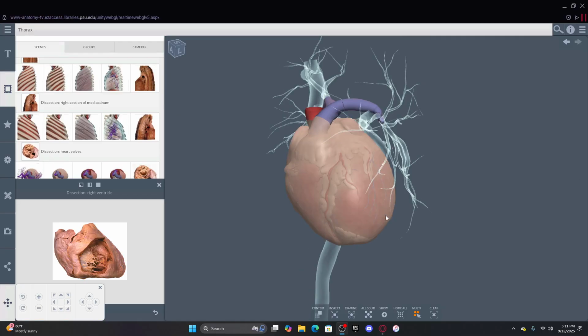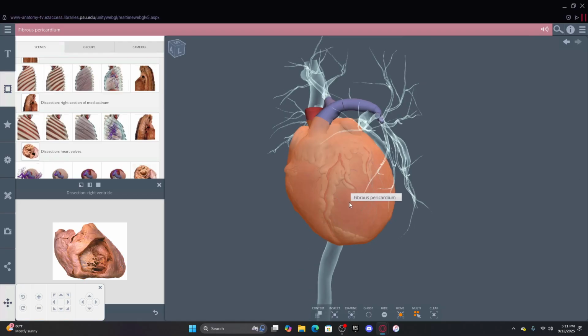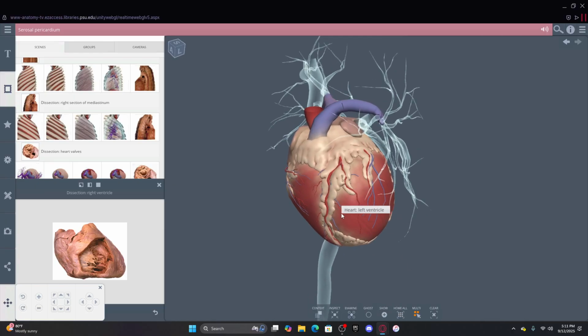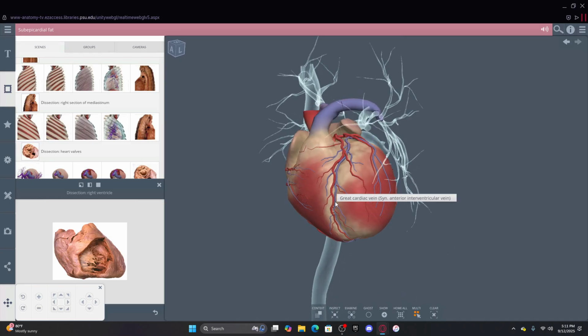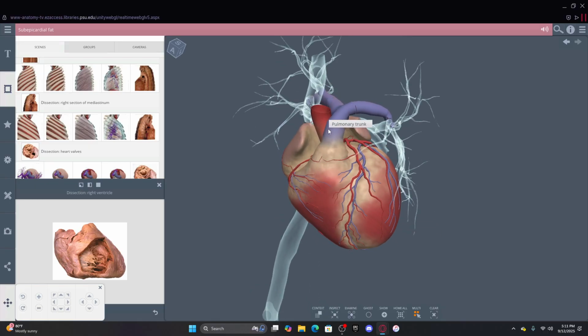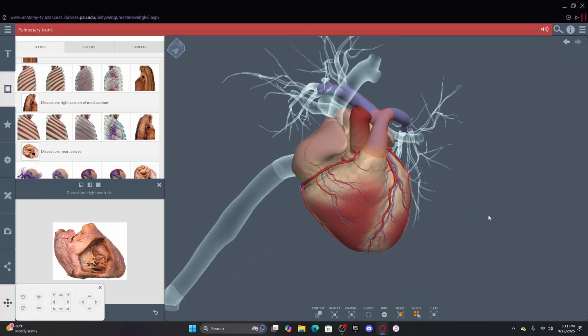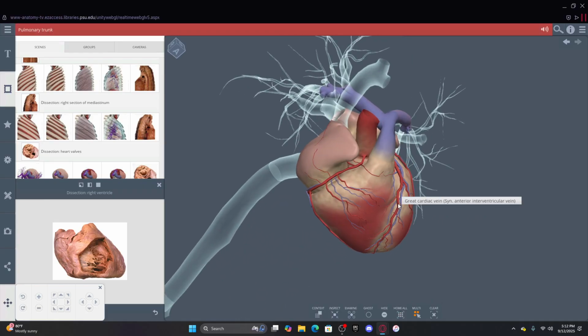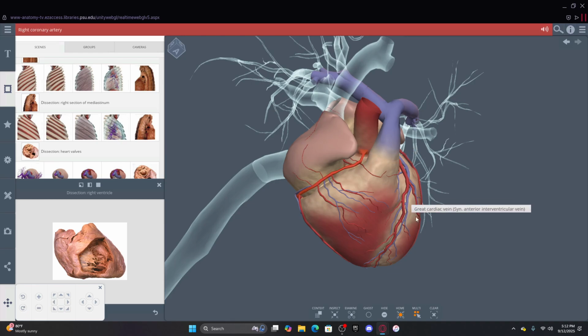Again, to even see the coronary circulation, we have to remove the layers of the pericardium: the fibrous pericardium, then the parietal serous pericardium, then the visceral serous pericardium, and then we're directly looking at the heart muscle. In lab, if we ever pin the heart muscle itself, that layer of pericardium would be the visceral serous pericardium. But now that we're looking at the coronary circulation, I'm going to remove the pulmonary trunk. Well, I don't have to remove it. I just want you guys to be able to understand and see